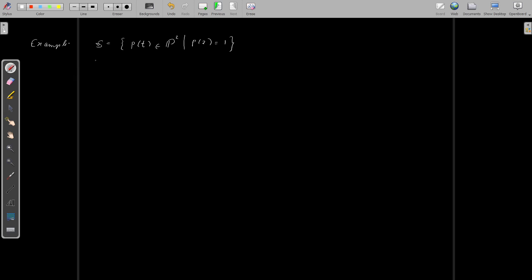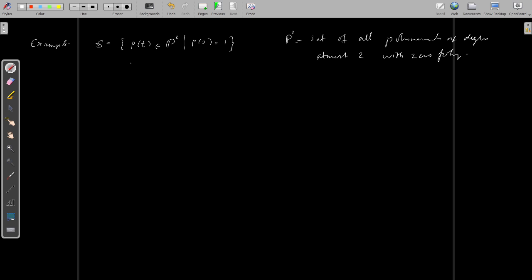To begin the first example, we consider this set. We need to verify whether this is a subspace of P2. What is P2? P2 is the set of all polynomials of degree at most 2, along with the zero polynomial. This P2 is always a vector space. We need to verify whether this subset is a